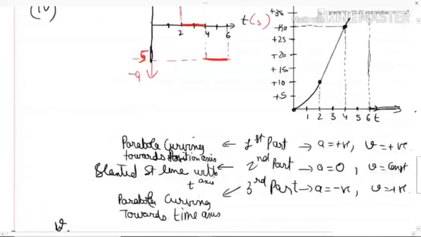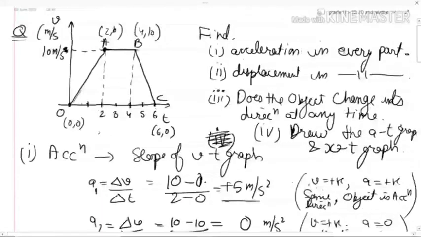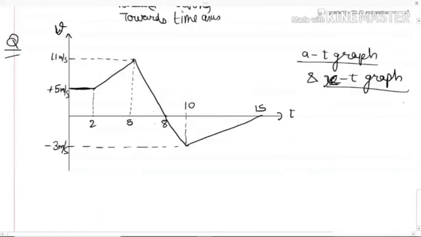you need to analyze all this which we did in the previous question. So start from analyzing the whole thing. Is this clear, guys? Okay, we'll discuss this question and the previous question, the VT graph, the XT graph which I gave you, in the next class.